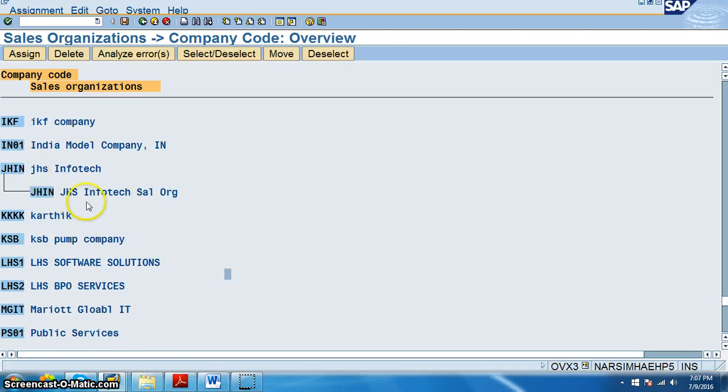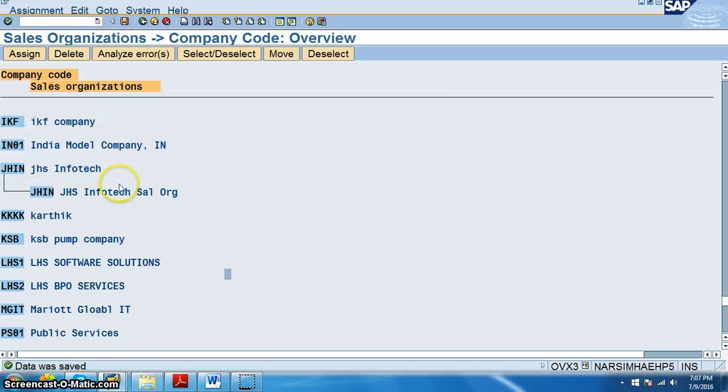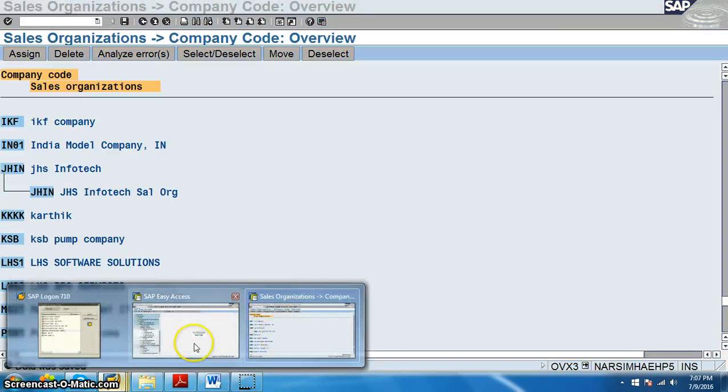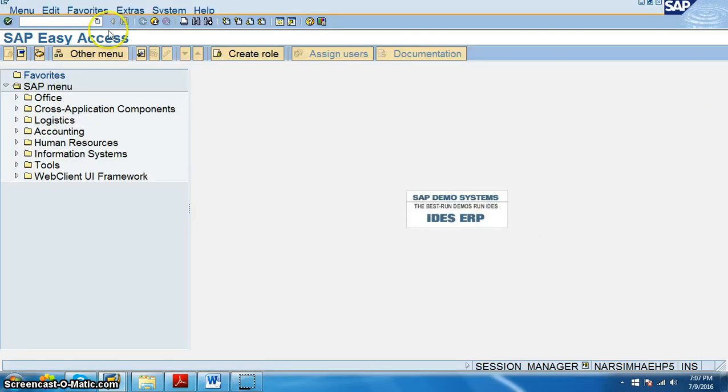So we have to assign this sales organization. We have assigned it, save it, and then once we assign the sales organization to the company code, we will go ahead and recreate the customer.